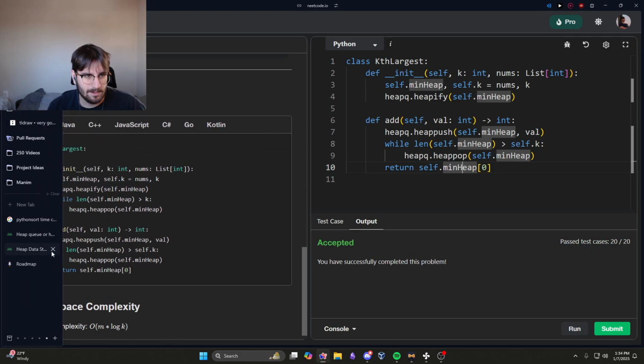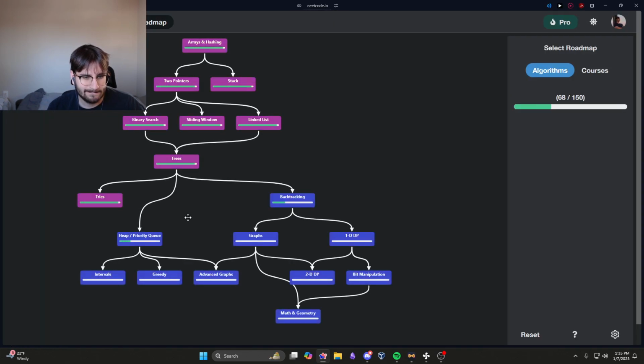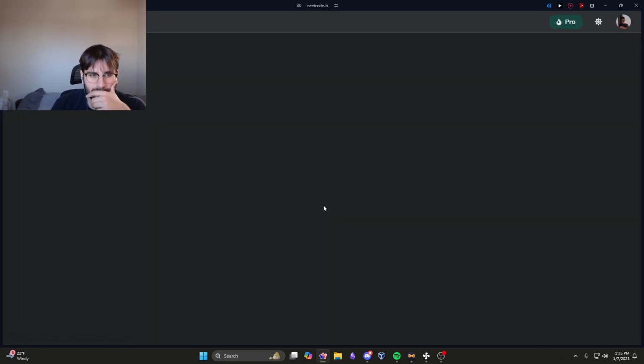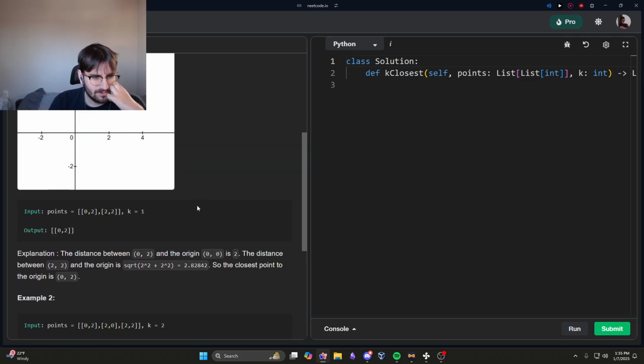Okay. Up next, actually, I'll go back to home here and just go here. A graph. You were given a 2D array points where points at i is xi, yi, which represents the coordinates of a point on an xy plane. You're also given an integer k. Return the k closest points to the origin 0, 0. The distance between 2 points is defined as the Euclidean distance: the square root of (x1 minus x2) squared plus (y1 minus y2) squared. So if we have a 0, 2 in this,